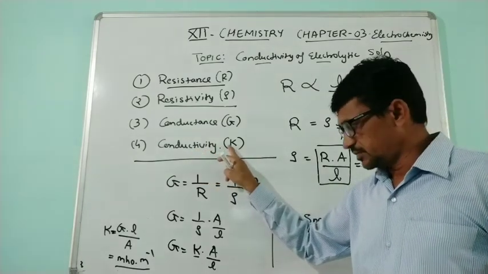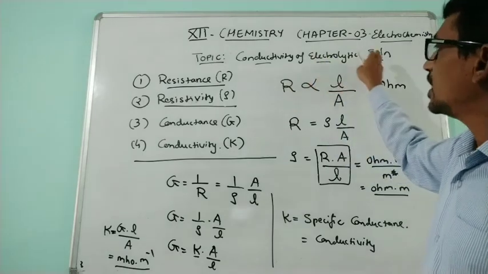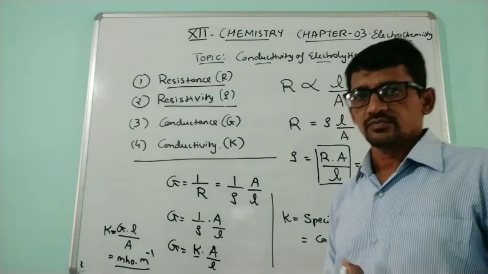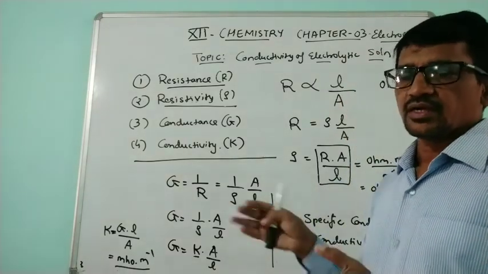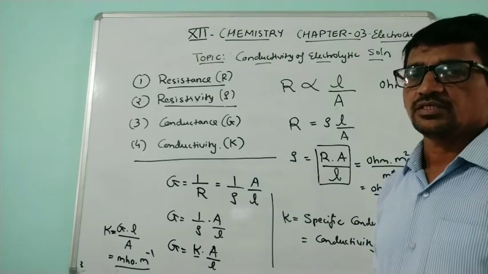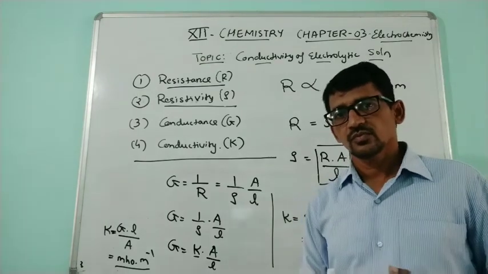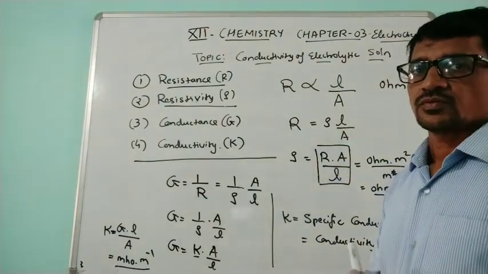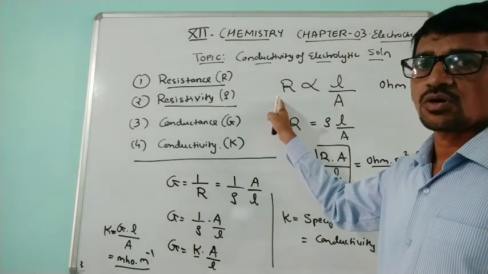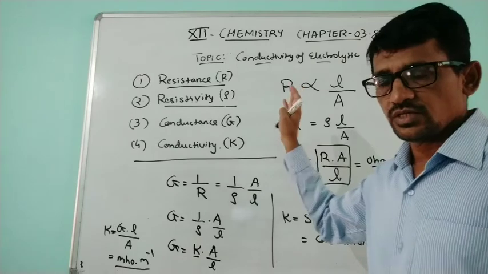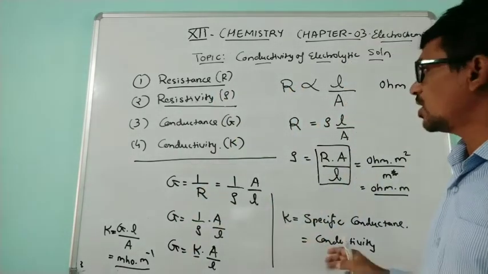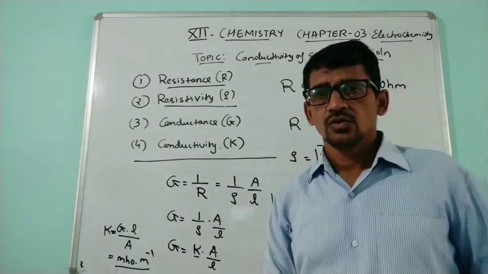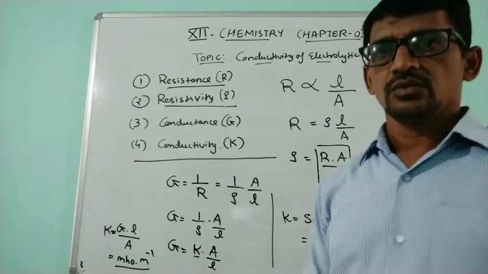In an electrolytic solution, we have to fill the solution in a particular cell or container, and then the conductivity is measured. This conductivity is measured with the help of a Wheatstone bridge. In physics you have studied the Wheatstone bridge circuit. In that we can measure the resistance or conductivity of a particular cell. That is the practical one. So this is all about resistance and conductivity of an electrolytic cell. Try to write this in your notebook, and the unit is important. Okay, thank you.